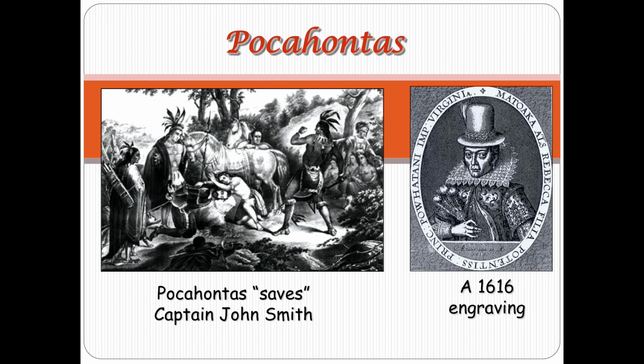But war wasn't the only thing that began to take the lives of the English. Disease and starvation. In 1609, 1610, a second starving time is going to happen, which is going to be worse than the first one. In fact, a very bizarre, macabre story actually took place here. It got so bad, they were starving so badly and hundreds of them began to die, that one man actually murdered his own wife and then ate her. I mean, that's how bad it starts to get here amongst the English.